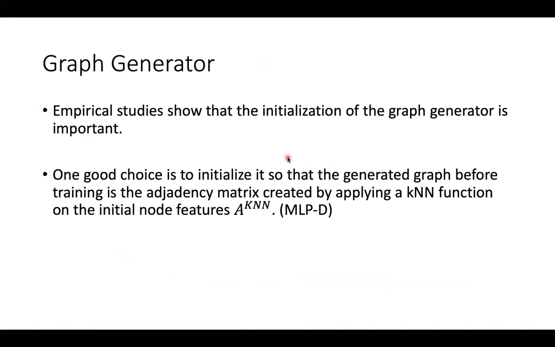And one thing they show from their empirical study is that the initialization of the graph generator is important. One good choice is to initialize the graph generator so that the generated graph before training is the adjacency matrix created by applying a KNN function on the initial node features. So essentially,